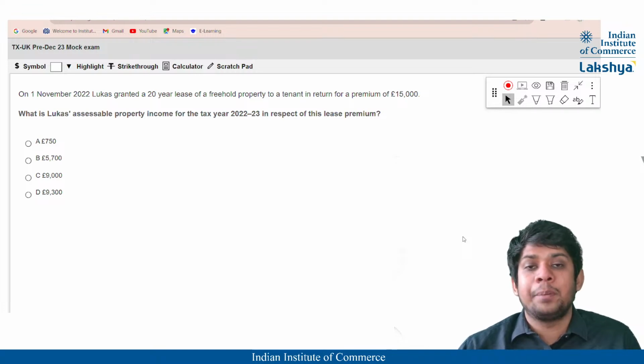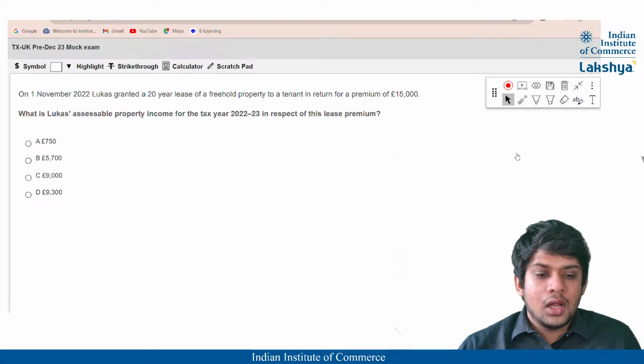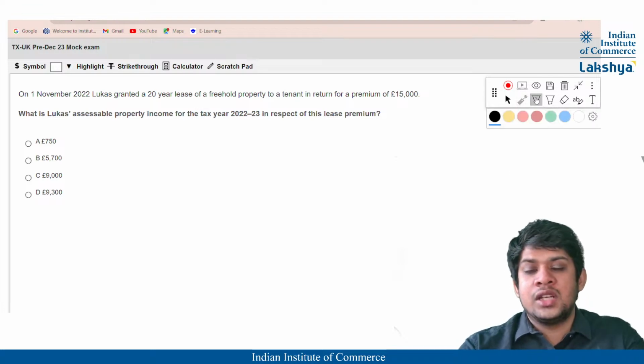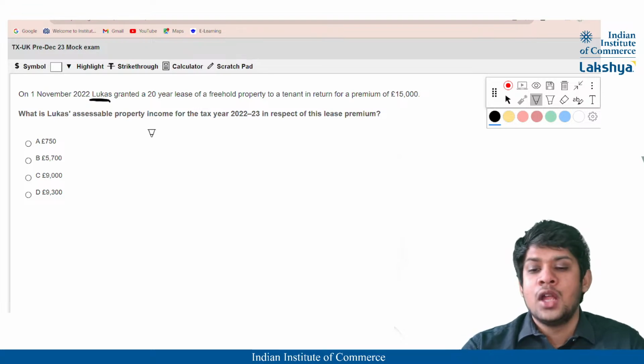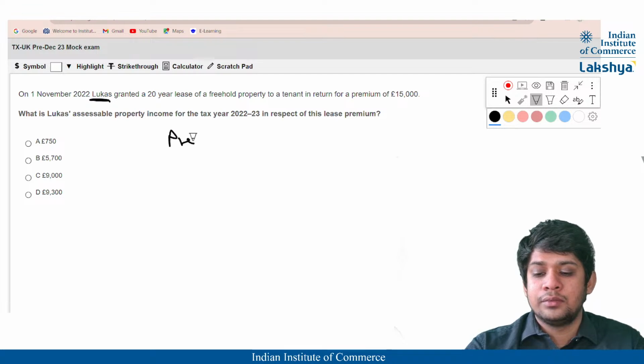Sorry, not a grant, a premium. He has received a premium of £15,000. Technically, the tenant would have said that you can keep the £15,000 like a fixed deposit right now itself, and the remainder of the amount I'll pay throughout the 20 years. Now, the 15,000 premium that Lucas has received, so the premium